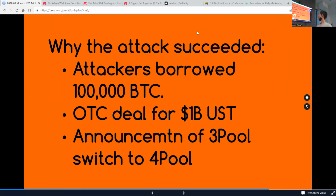Okay, so a little bit about the attack. We don't know who the attacker is so far. There have been rumors, maybe Citadel, but nothing confirmed. We'll just say the attacker right now. Basically, they borrowed 100,000 Bitcoin from Gemini, and they basically waited. What essentially happened was